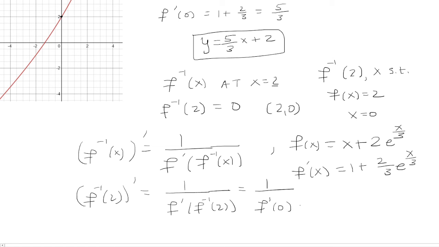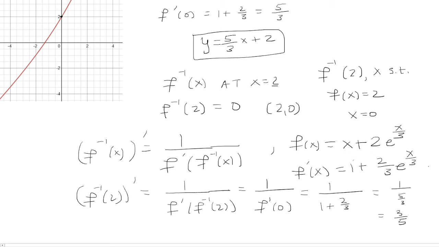So all we have to do is just find f prime of 0. So plug in x = 0 here. We get 1 + 2/3. This is 1 over 5/3, which is 3/5. So summarizing this now, we have our slope,